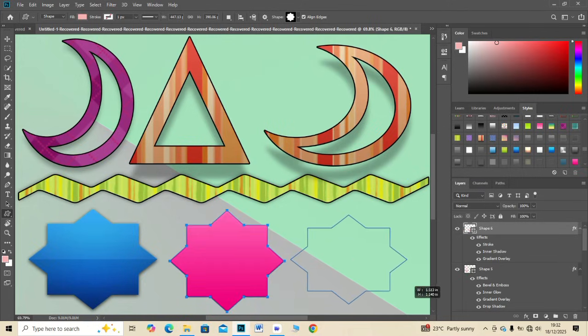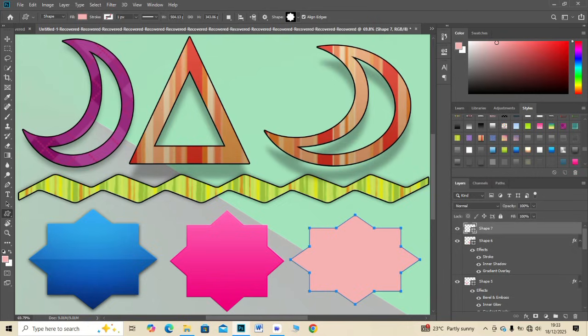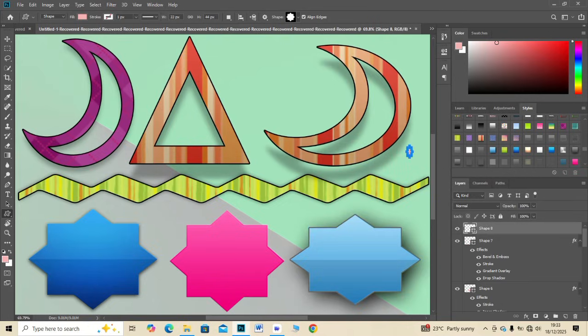Add small on and off text labels. Align everything properly. Zoom out and preview both states. Toggle switch looks realistic. UI element